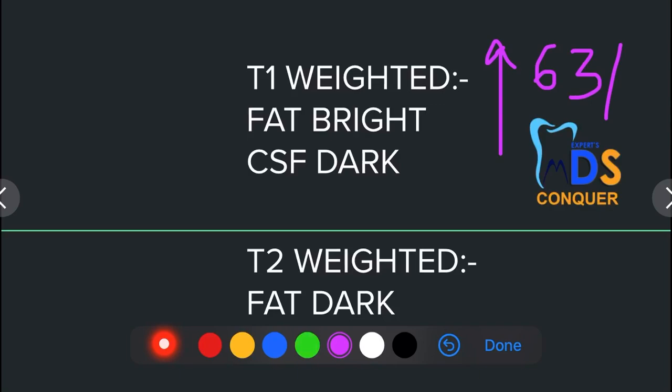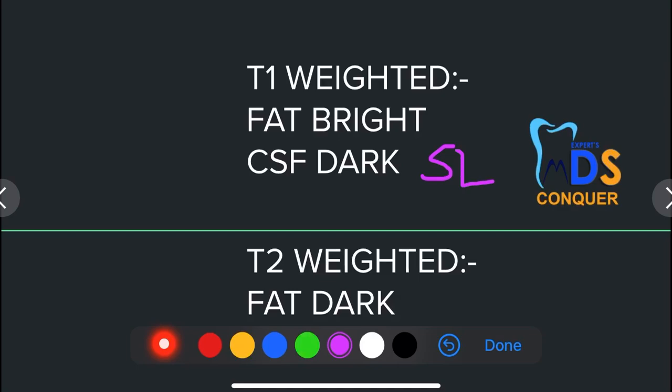So, there is an x-axis and y-axis for every hydrogen ion, right. The loss of longitudinal magnetization to return to equilibrium is called the T1 relaxation time, and here it is accomplished by transfer of energy between the spin, that is the hydrogen nuclei, and the surrounding molecules, that is the lattice. That is the reason it is called the spin lattice relaxation time. So, there is loss of longitudinal magnetization and transfer of energy occurs between the spin and the surrounding lattice. That is the reason it is called a spin lattice relaxation time.